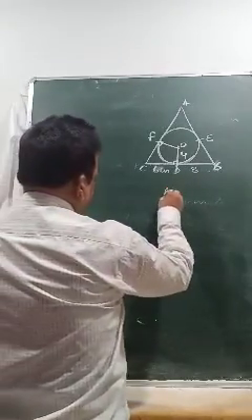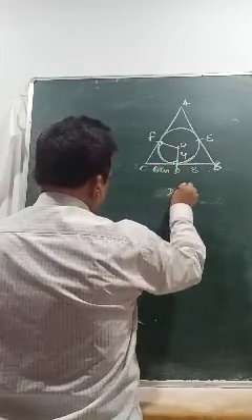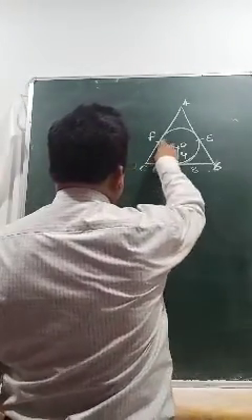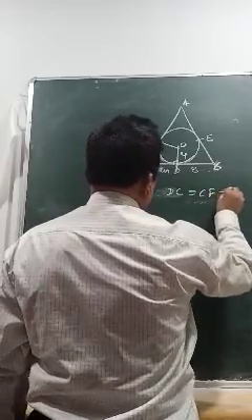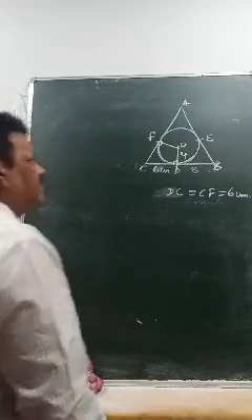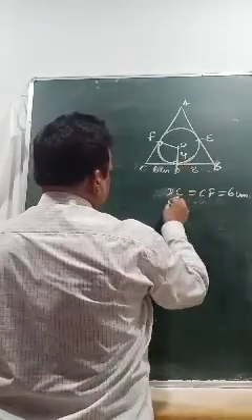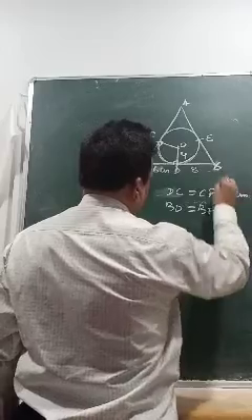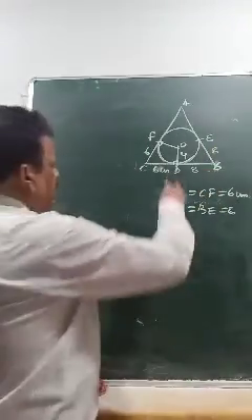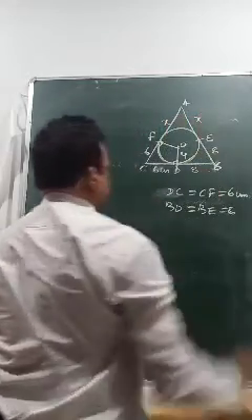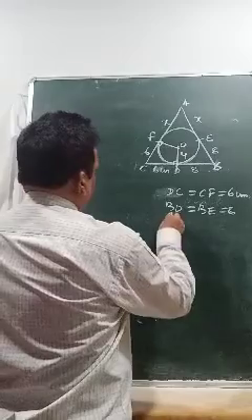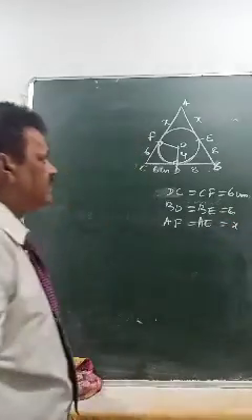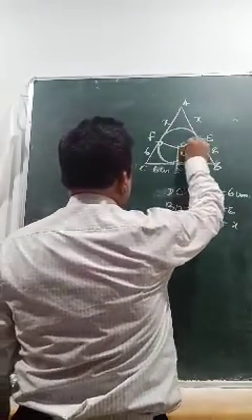Suppose this is your point E, this is suppose A. Let's see what are the things given to us. Okay, if I drop a tangent here, this will be 90 degree. Got the point? Okay, now what else you can find on this? You can see here DC equals CF, that is 6 centimeter. BD equals BE, that is 8. These two parts we don't know. This is suppose X, this will be X. That means AF equals AE, that is your X.